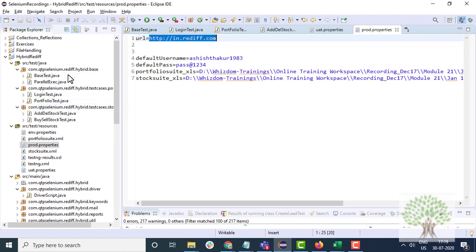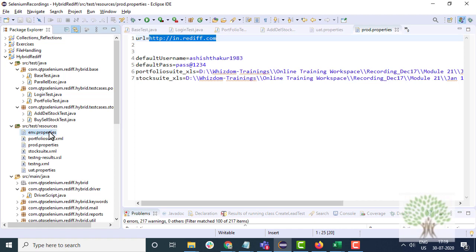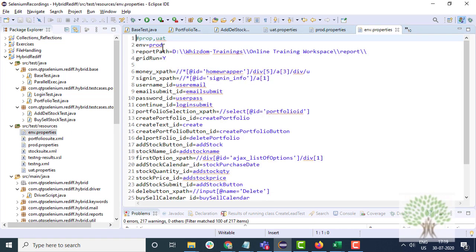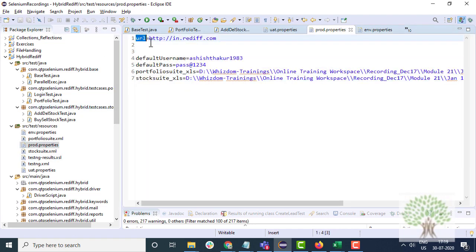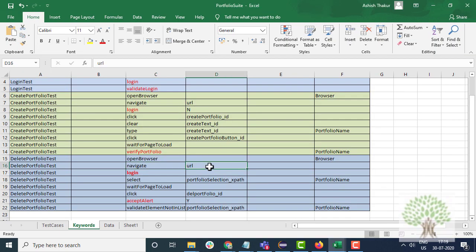So what you need to do is that you just need to go to your environment.properties file. There are different properties files. One of the properties files is environment.properties. In this you set up the environment as production. So the production.properties file will be read. And the URL, which is mentioned over here, the key, it is also mentioned over here. That particular URL will be read.